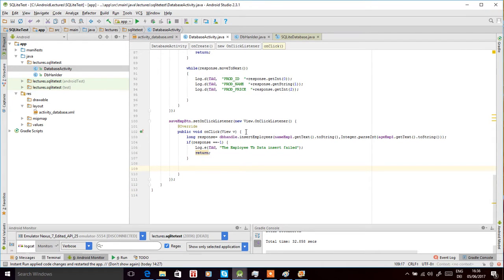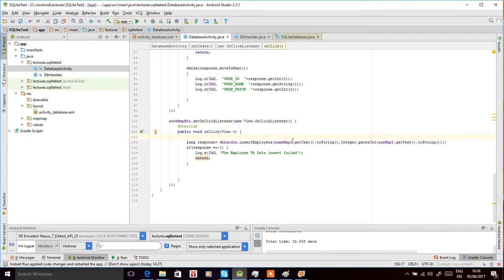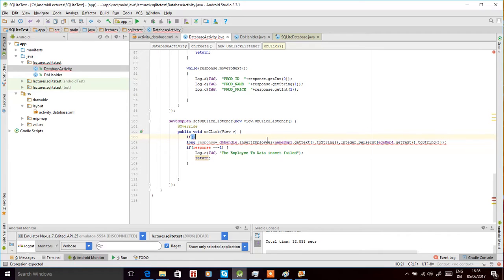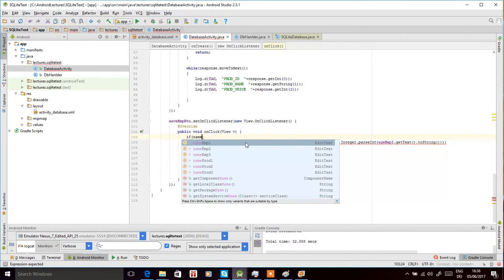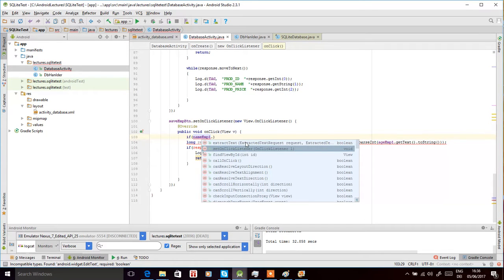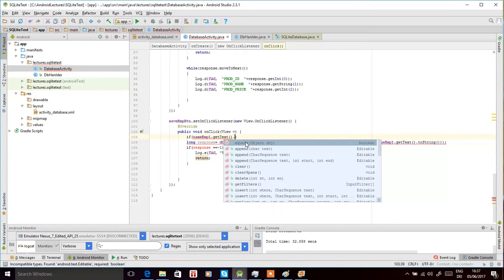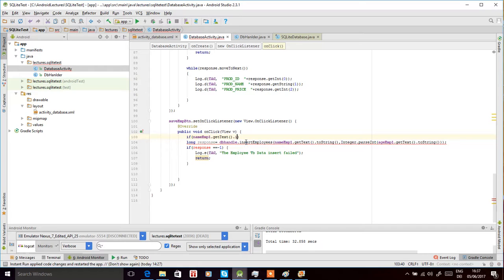We can also add another check to see if the values in the name employee1 and the age employee1 text boxes are not empty. Only then we call this function. If name emp1 dot getText dot, let's say